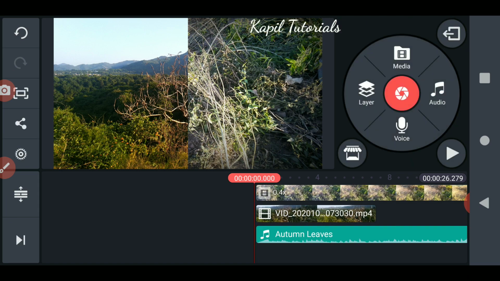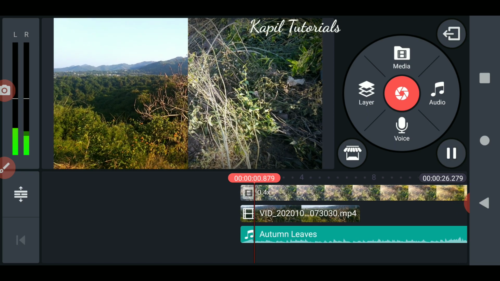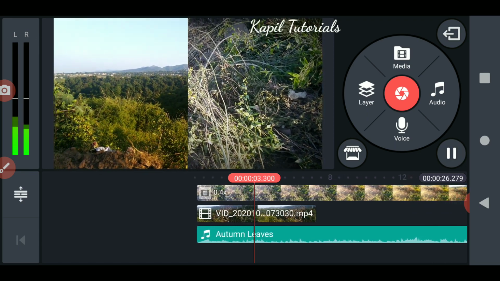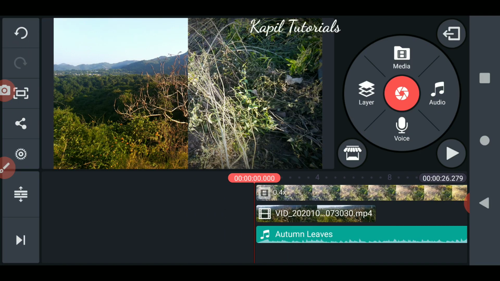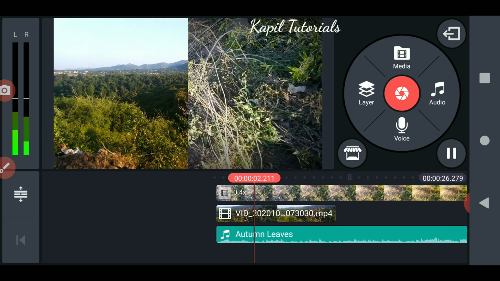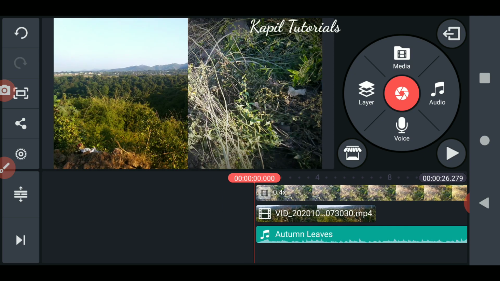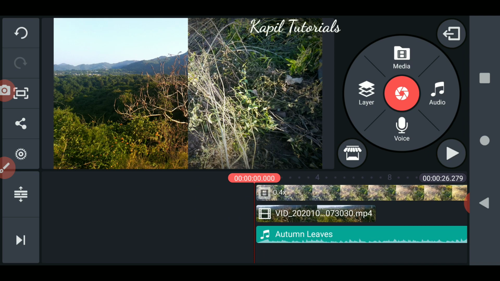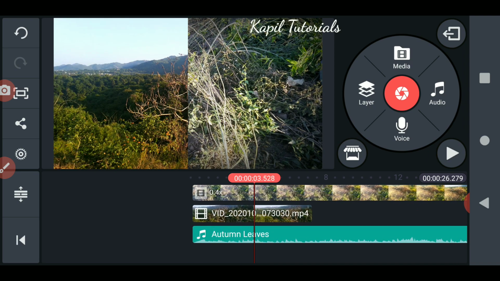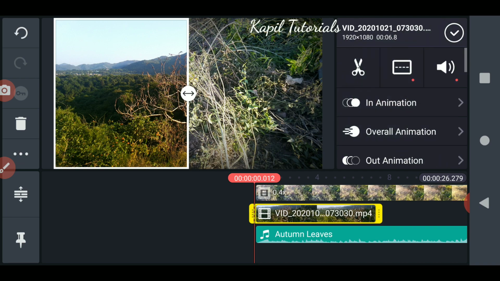Okay, so last time I went through this tutorial in which I added two videos simultaneously, and along with that even the audio was added. Now starting from the audio, first of all, I'm using two tracks, but today I don't want to use two tracks. I'll delete one of the tracks. So this track I want to delete. You know very well, the delete option is on the left side. So I'll just click on that.